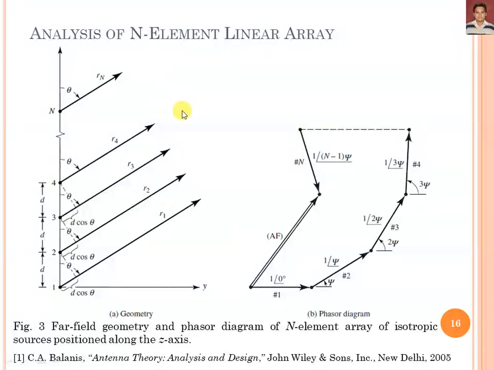And this is the observation point in space where we have to calculate the electric field as well as the array factor for the n number of elements, in which for element 1 the distance is r1, for element 2 the distance is r2, for element 3 the distance is r3, and so on, and for the n-th element the distance is rn. This geometry is located in the yz plane, and we have considered the n elements as point sources located along the z direction.